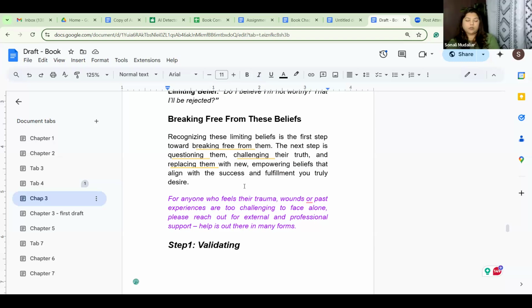Shivika, what are you planning to do after your book? So specifically for this third chapter, I want to do something like a course or something. Not regarding manifestation, but regarding limiting beliefs. So manifestation is the umbrella and limiting beliefs is one of the topics below it. Yeah. I have been working on limiting beliefs for more than 5 years. Like I have experience on that, so I wanted to do something on my own.